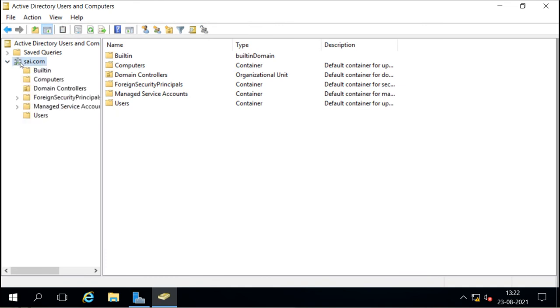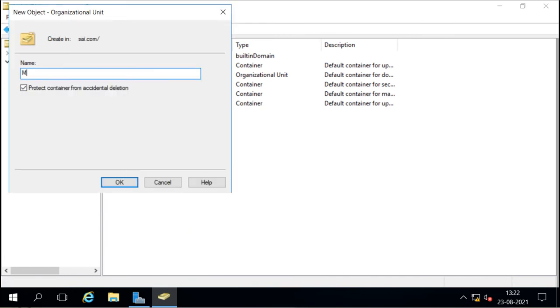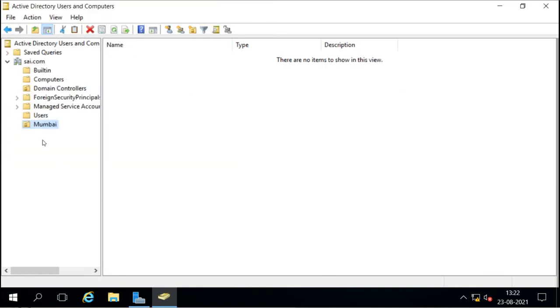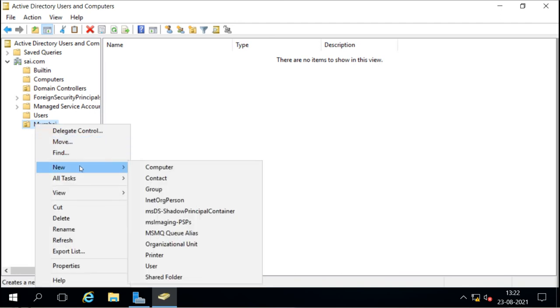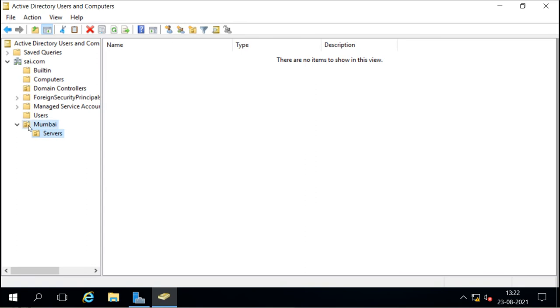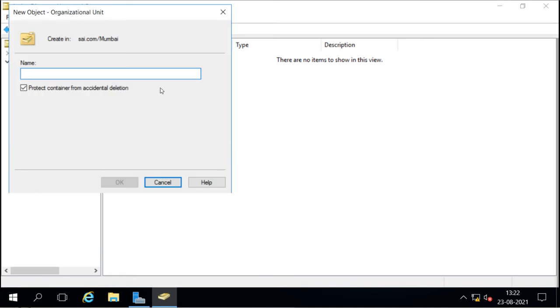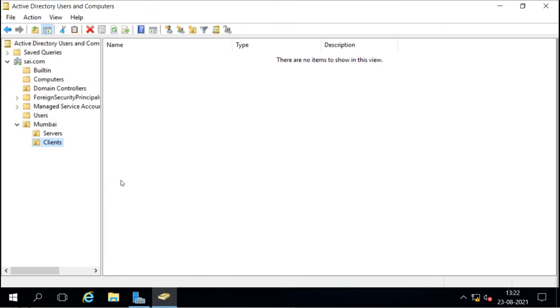For example, I will create an organizational unit here for Mumbai users, and under that, let's say we have some servers, so I will create an OU for servers. Then we have some client accounts, and this OU is for the client accounts.